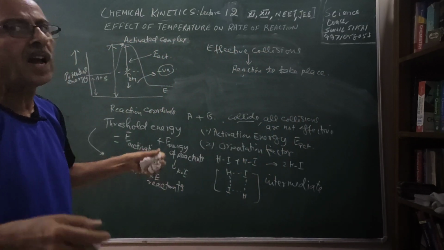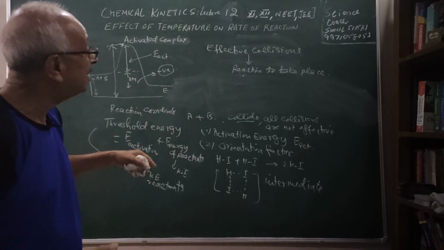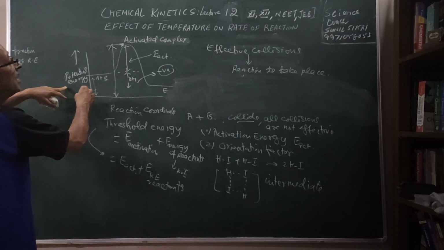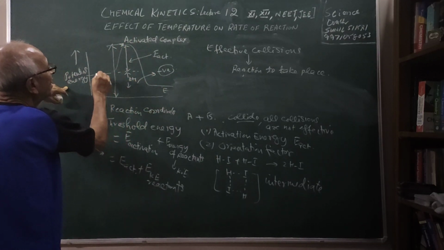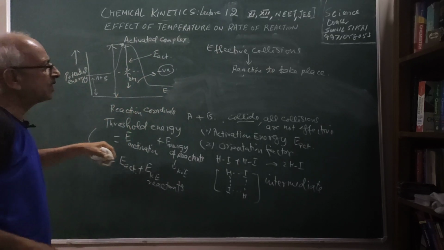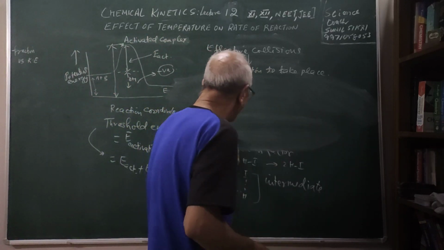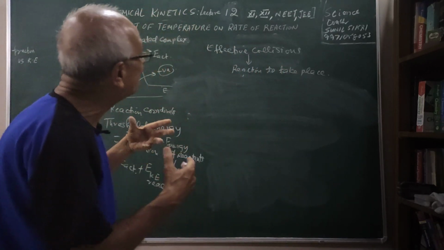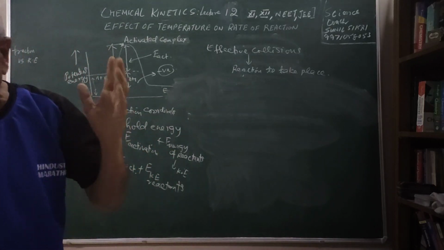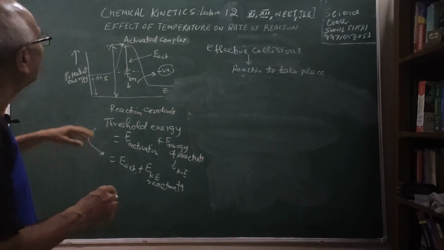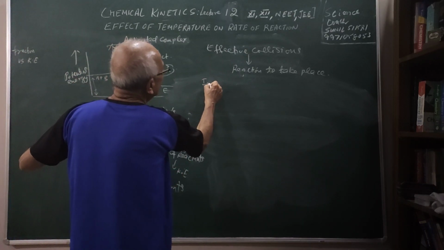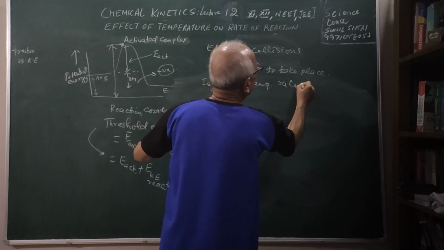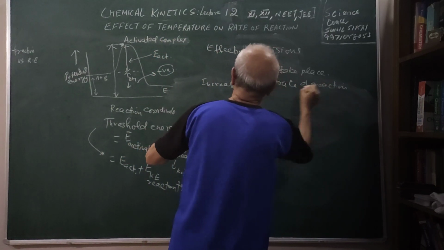Effective collisions means they should have energy greater than or equal to activation energy. And second, there should be a proper orientation, and they have to pass through this energy graph or energy curve which I have shown. Here the reactants, the products, and activation energy have to be there, proper orientation has to be there, then only will they form the products. Now the effect of temperature is being studied by the temperature coefficient, which I have just given to you, that with increase in temperature, the rate of the reaction almost doubles.